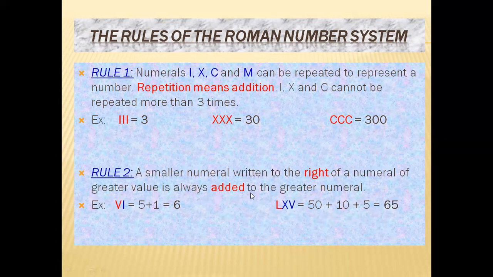This means addition. Okay, next, see one more. CX: C means 100, X means 10. Here also C is the greater numeral and X is the smaller numeral. If we write the smaller numeral to the right of the greater value, it becomes the next number. See, 100 plus 10 equals 110. This is about addition. DC equals 500 plus 100 equals 600. This is about rule 2.